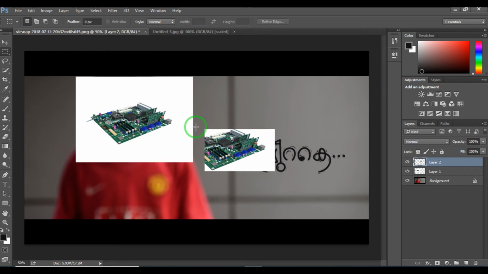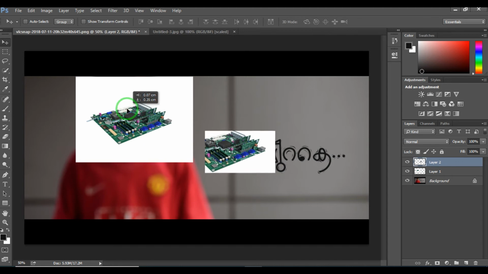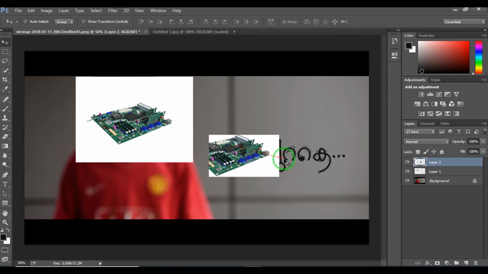Then the selection will be working based on the layers. So if I want to move layer number 1, I will just select the move tool. If I am trying to move layer number 1, see, the selection is right here on the second layer. Then I need to select layer number 1 from this layer panel.